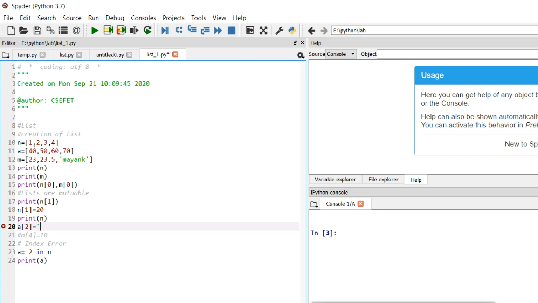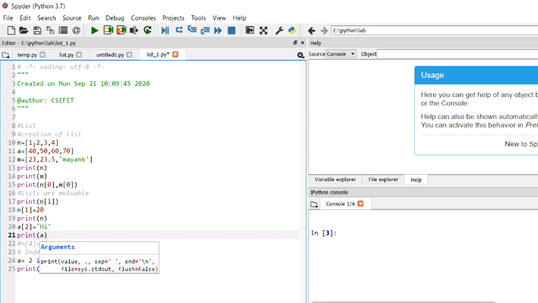It is not necessary that if it is an integer, it should stay an integer. I can give it a string also. So I change the value of a[2] from 60 to "hi". It will change the value of a[2]. And if I print the entire a, we will get a modified list. So the members of the list are mutable. The list is mutable. We can change the value of the list by accessing the index.